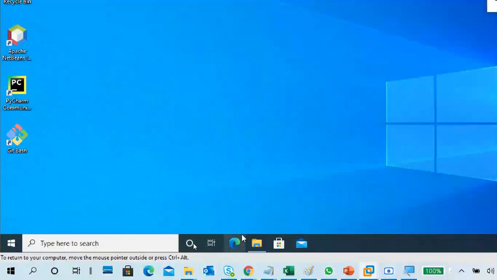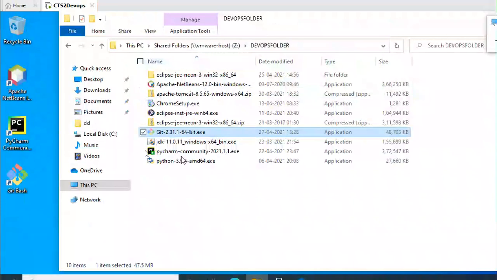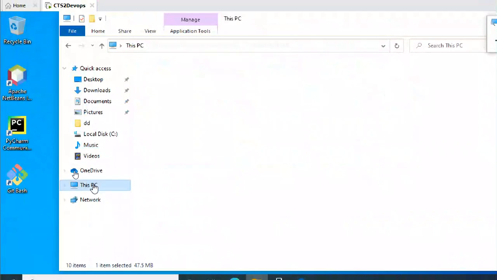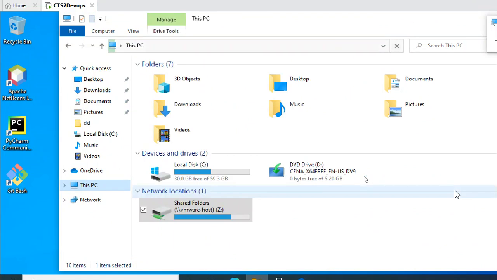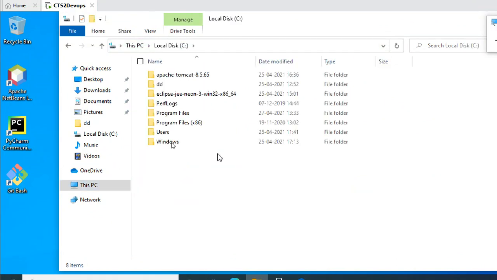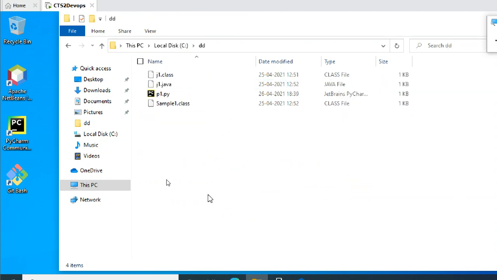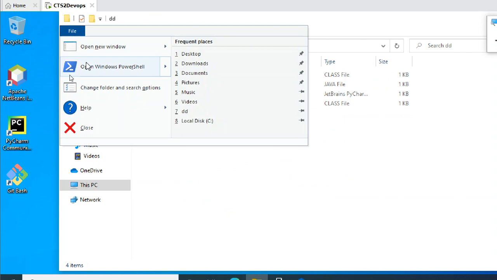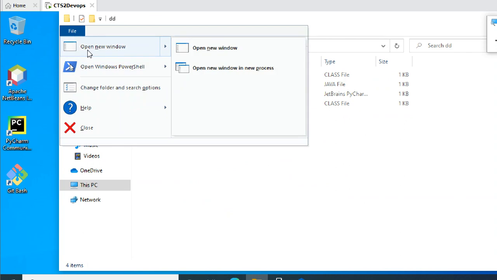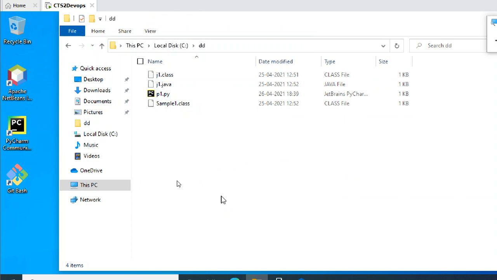First of all, you may have another drive, but here only the C drive is there, which you have to check. Just for fun, I'm going to make a folder called dd. There is no cmd here, only PowerShell. Of course you can use PowerShell, but I like cmd.